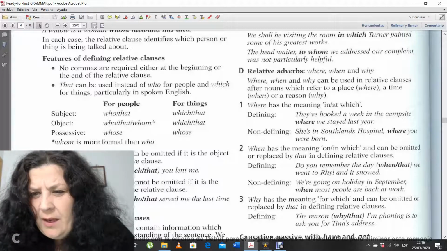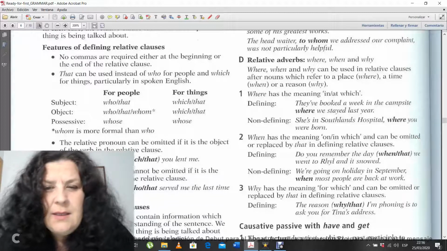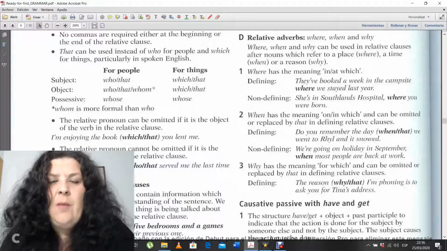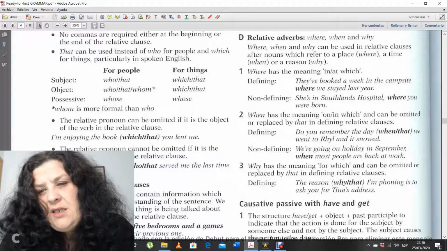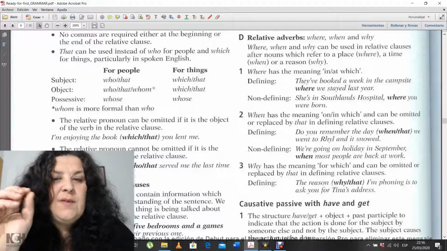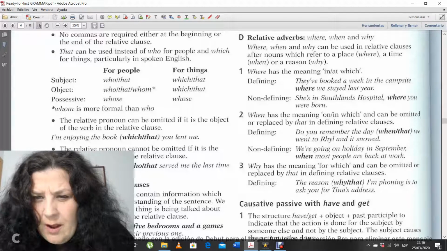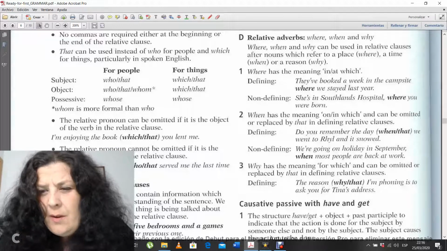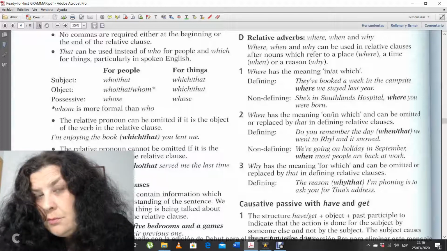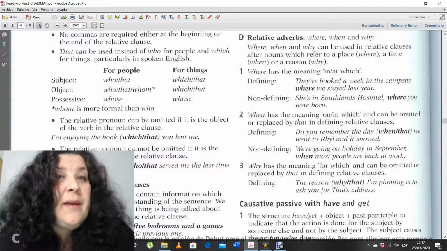In non-defining, it's in southern hospitals where you were born, okay? Then when has the meaning on, in, which, and can be omitted or replaced by that in only defining. Remember that that can only be used in defining relative clauses, right? So, do you remember the day when we went to Rhyl and it snowed? Yeah, or you could say that we went to Rhyl and it snowed,